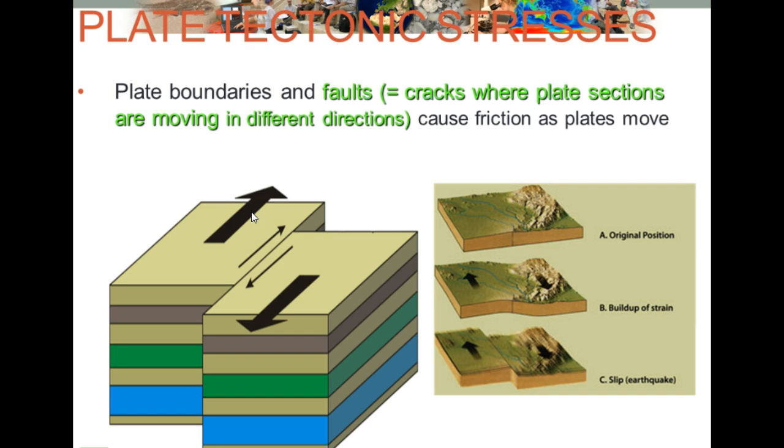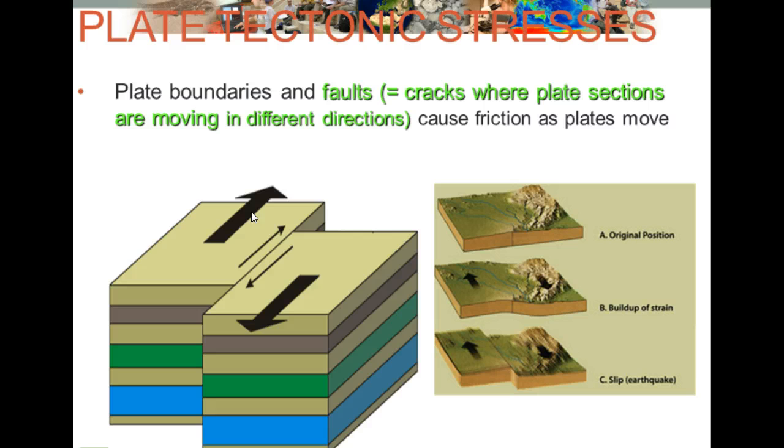Number one, the plates cannot be moving at all, which would mean nothing's happening at the surface. Yep, write these down. Number two, the plates can be building up strain, which means they are pushing against one another and building up energy, but not moving yet. Almost like when you put your hands together and you try to move them like these faults here and they don't move right away, and then all of a sudden they do.